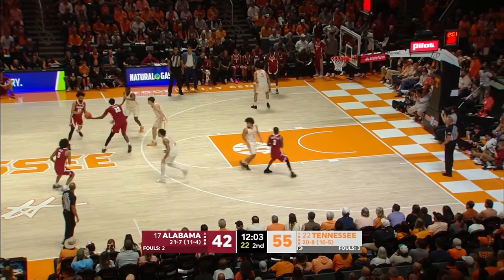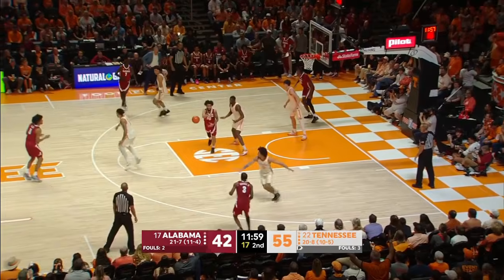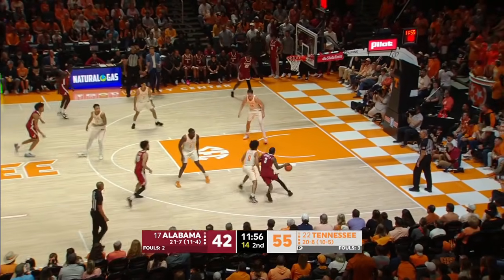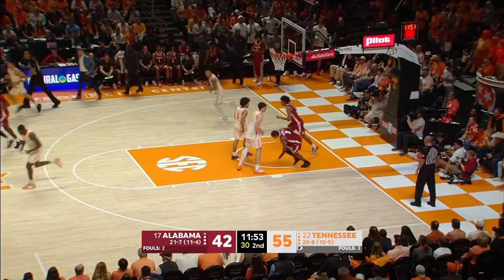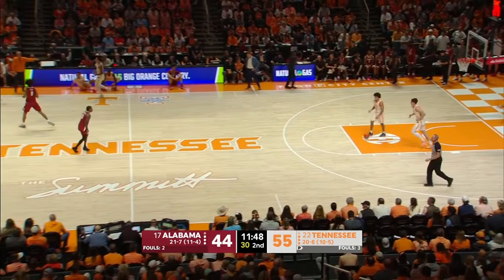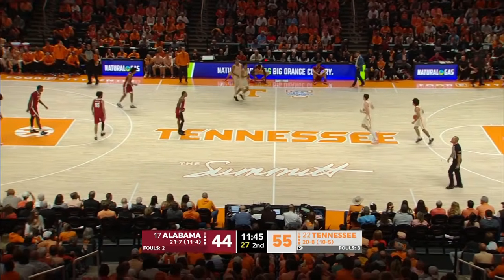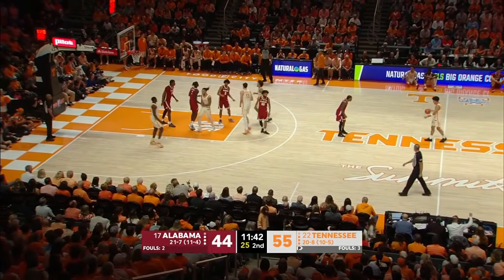Millette giving it off to Sherrill. Millette fakes the 3, driving against Brown. Gets into the paint, flips it outside to Reitzel. He'll drive, puts it up off the glass and in, and that ends the run for the Vols. And Luttrell has done that about 5 times in this game. He's been the bright spot for Alabama on the offensive end, and that ends about a 5.5-minute field goal drought